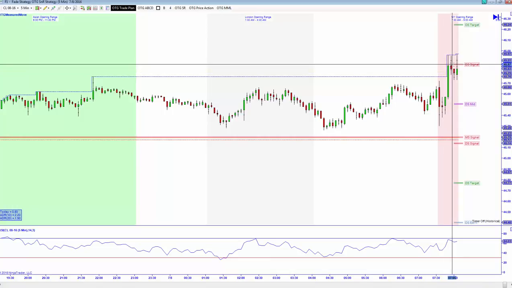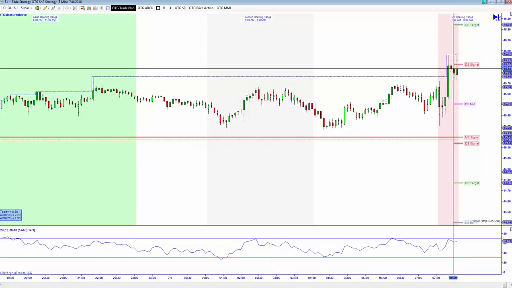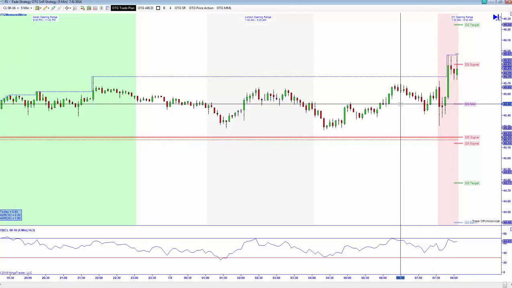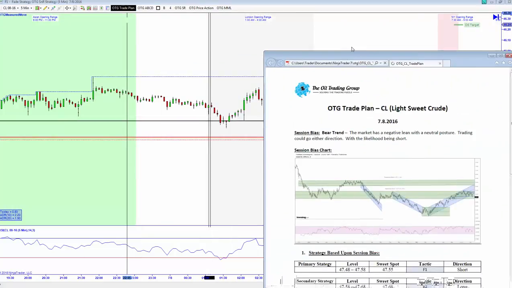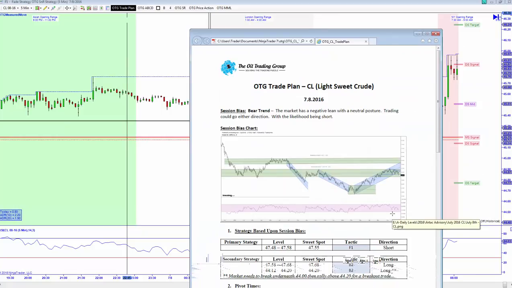Also, this 45.87 that we made a couple of attempts up to was a structure point, and I wasn't sure which direction. There was another bigger picture structure point. I'm not going to show you this on this chart, but it was on a daily chart around 45.83, and we had consolidated. In fact, I will show it to you here. Give me just a second. We'll pull up yesterday's trade plan. And if you take a look